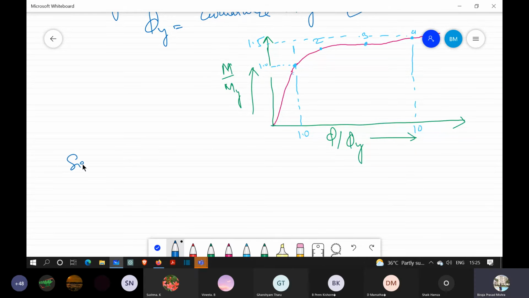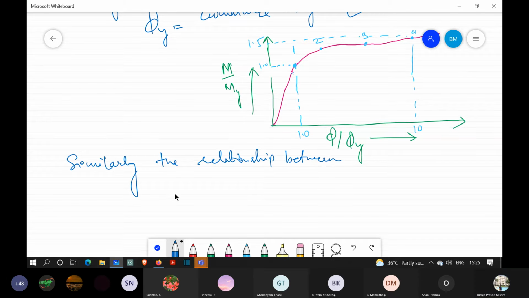So similarly, the relationship between m and psi, m and phi, sorry, m and phi can be determined